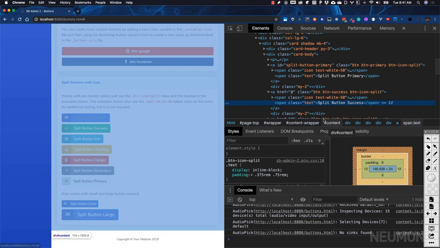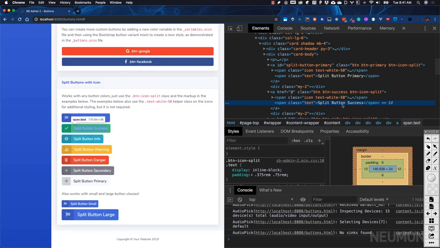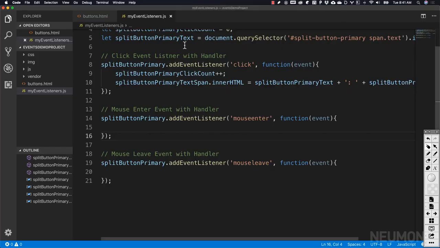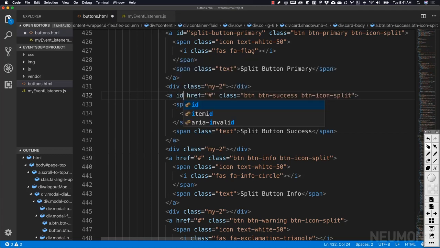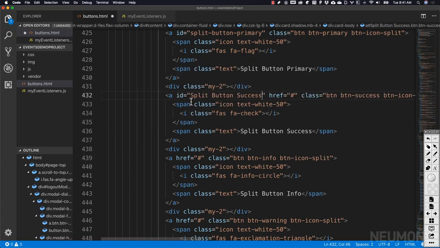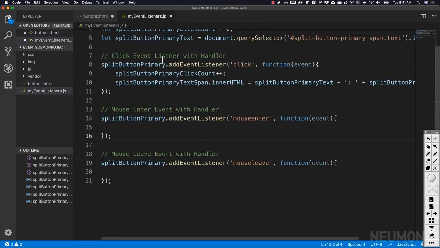So let's inspect. We know that this is the split button success. So let's go ahead and find it in our HTML, split button success. It's the one right below. Let's go ahead and give it an ID, and let's make it ID worthy. So split-button-success. Let's make sure we copy that. And we know that's the one we're going to show and hide as we mouse enter and mouse leave our